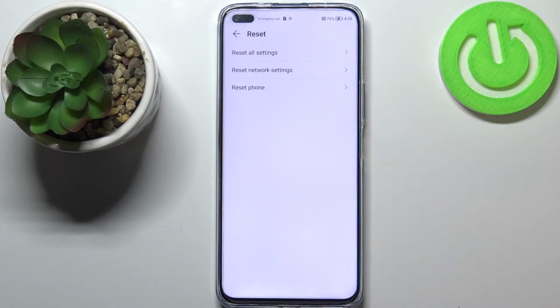Now let's enter reset option, and as you can see on the second position we've got the option we're looking for, so let's tap on it. Here we've got the information that your device will reset all network settings including Wi-Fi, mobile data and Bluetooth. So let's tap on reset settings at the very bottom, and your device actually is informing you that this operation